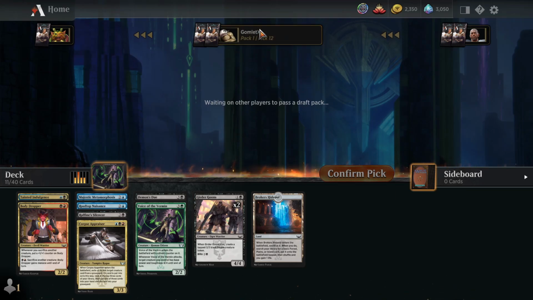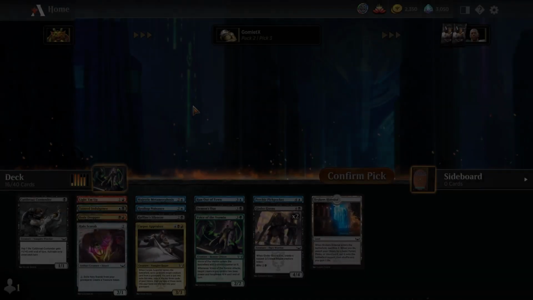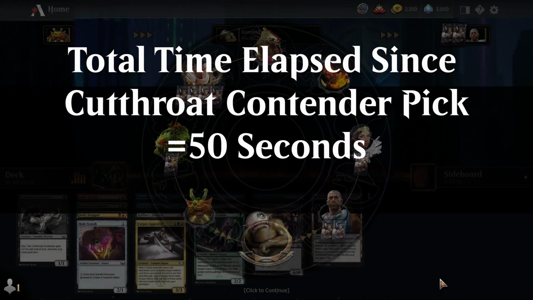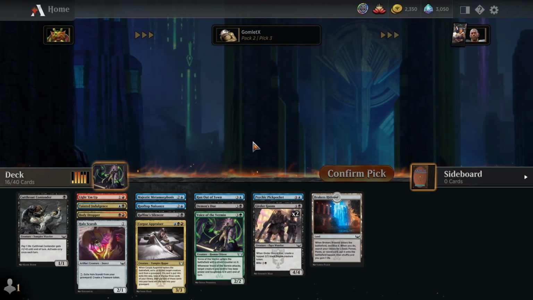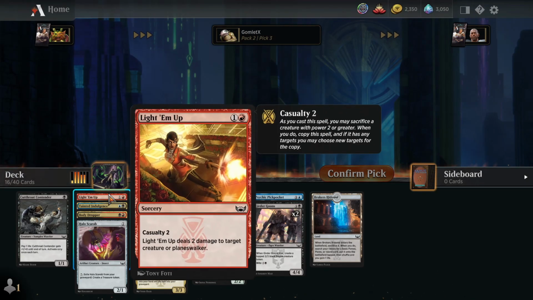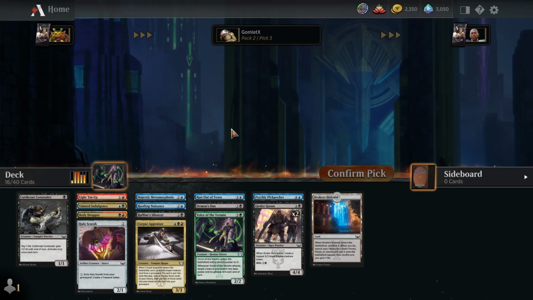Oh, Arena's bugged out. That's wonderful. Let's reboot Arena real quick. Alright, we're back. Cool. Now it's working. And we got the Cutthroat Contender. Alright. Oh, it auto-picked a Light 'Em Up already? That was the fastest auto-pick ever. Wow, we lost our